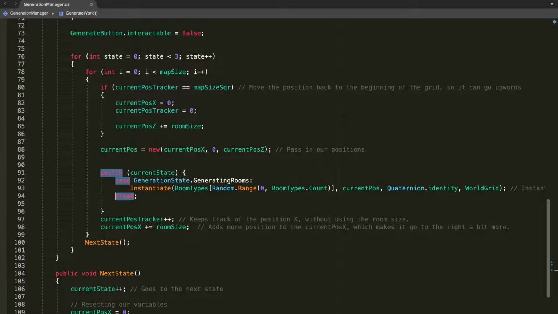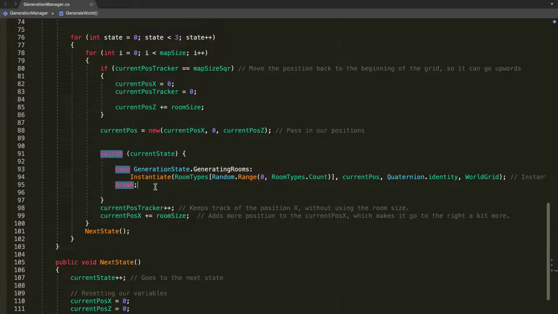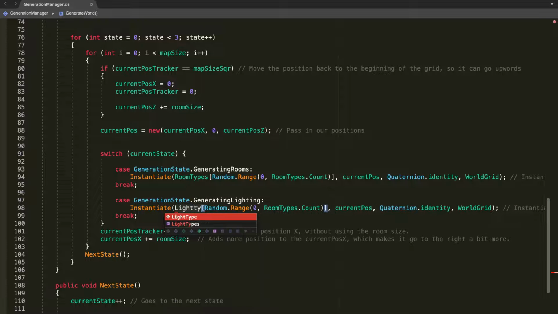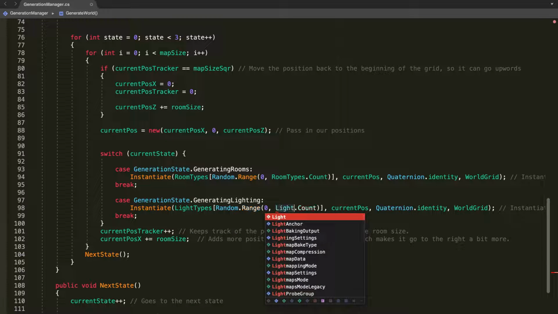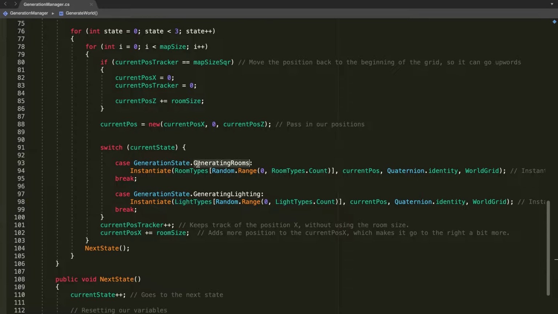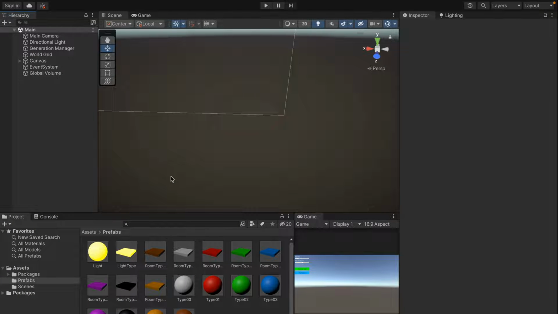So this is basically going to say if our current state equals generating rooms, then it's going to generate a room type. But if it's not, then we want to duplicate this first of all, and we want this to say generating lighting. And if it's generating lighting, we want it to generate a light type of the light types dot count. So that should basically allow us to tell our script to either generate the rooms or generate the lighting, depending on the current state. So hop back over to our script, and we can see this in action